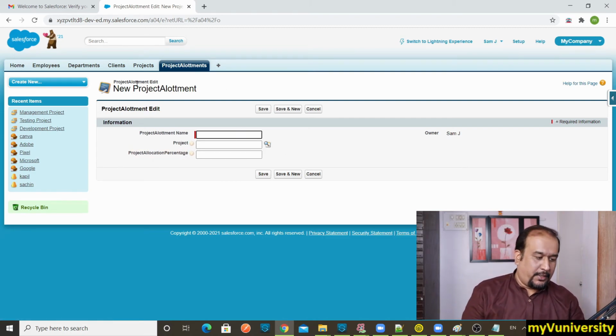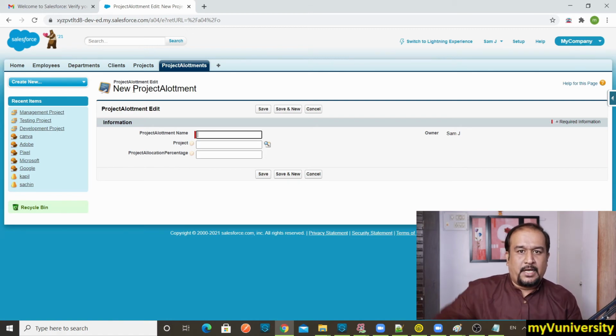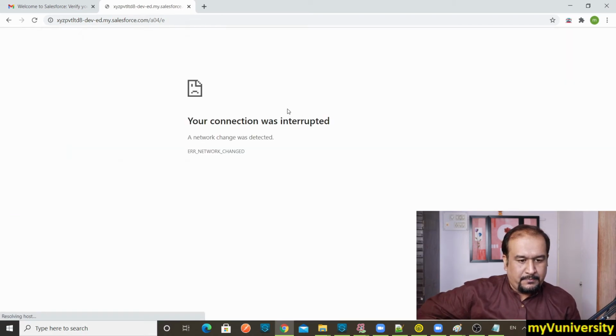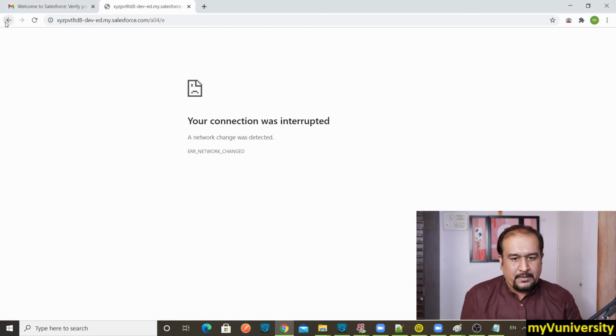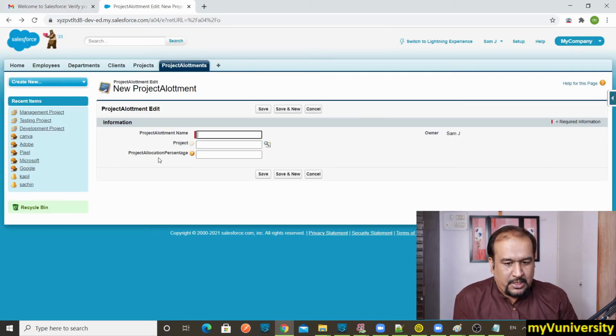There is one department thing also over there, you know. So maybe some visibility issue. Let me go back and sort out what the visibility is.